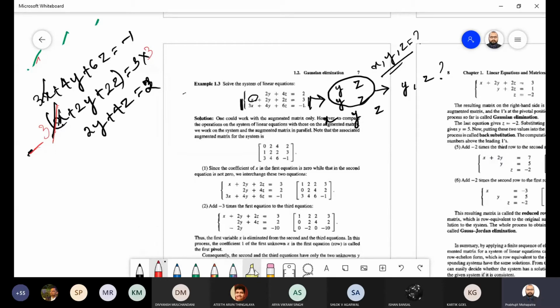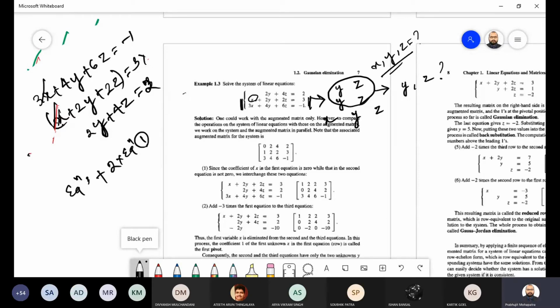And the last one, I will ask you whether you will permit me or not. Let me ask you. What is the third equation? Here it is 2y plus 4z. Okay, so can I write equation 3 plus 2 times equation 1 equal to equation? Okay, this online class is making it a little bit difficult.